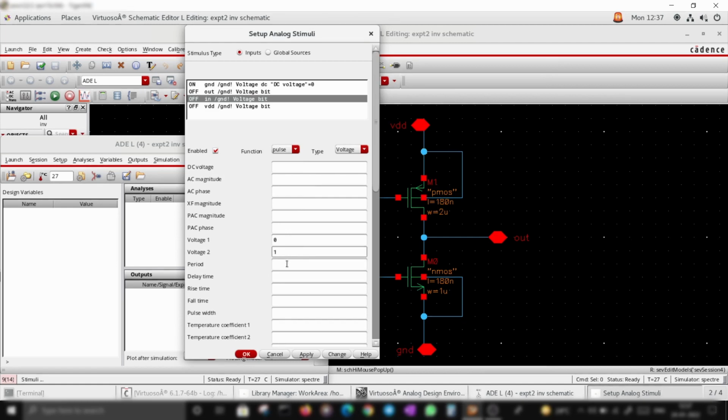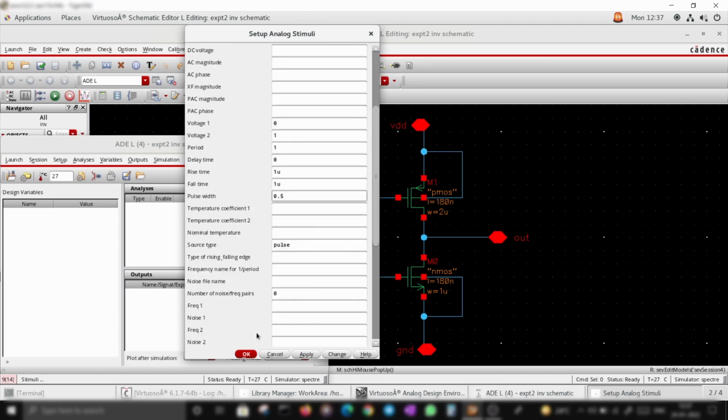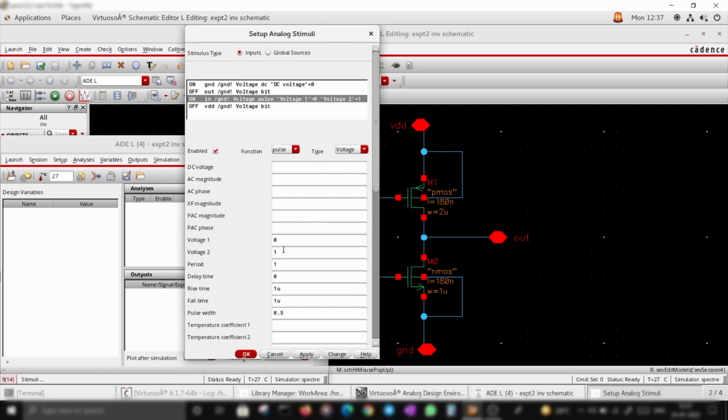Starting from 0, period 1, delay 0, rise time 1 microsecond, fall time 1 microsecond, pulse width 0.5 seconds. Apply.